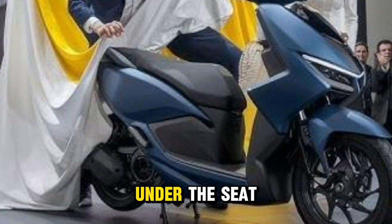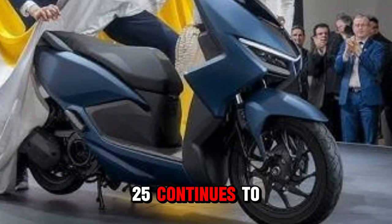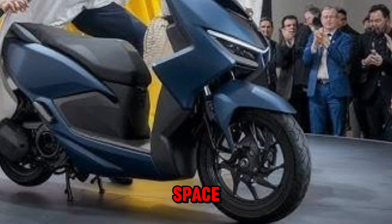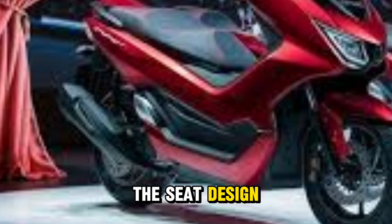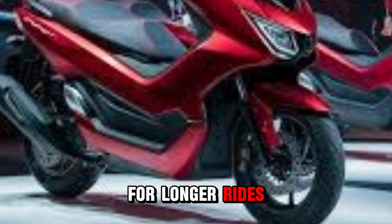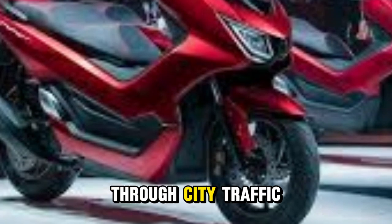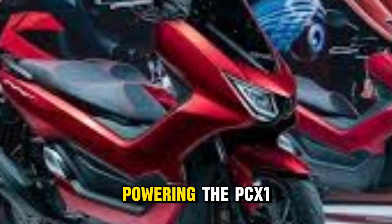conditions. Under the seat, the Honda PCX 125 continues to impress with ample storage space, enough to fit a full-face helmet or your daily essentials. The seat design is also more ergonomic, providing added comfort for longer rides, whether you're commuting through city traffic or cruising down suburban streets. Powering the PCX 125 is a refined